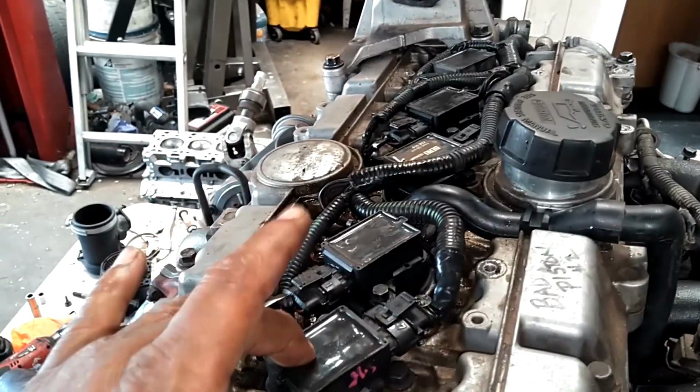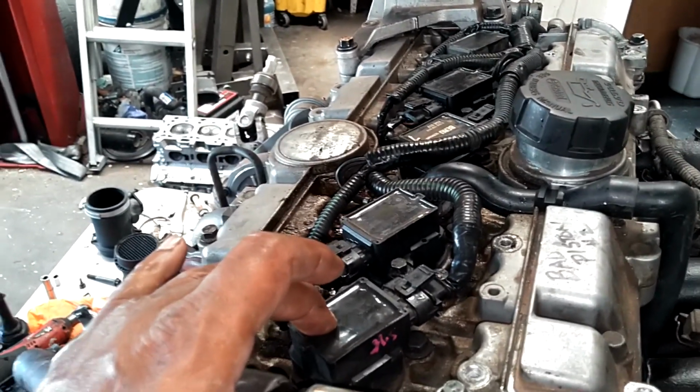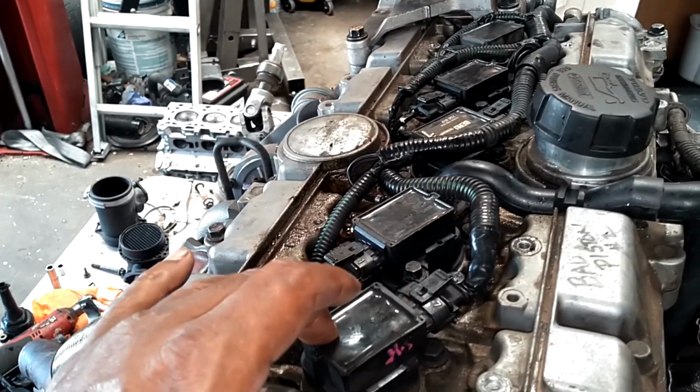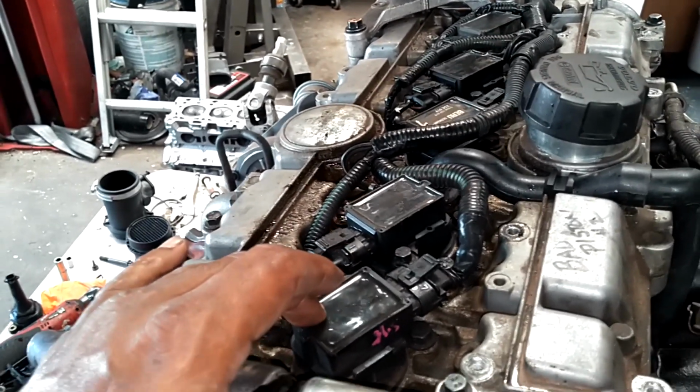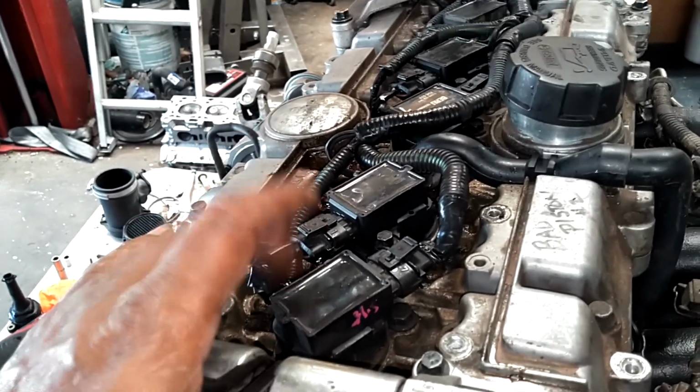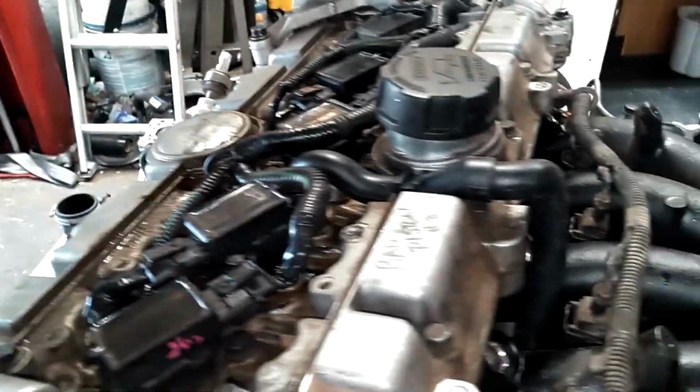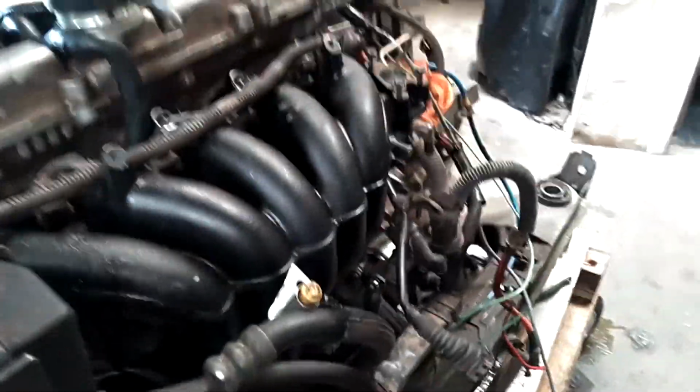Coil packs installed, wire harness in place, secured down. Now somebody told me that the older coil packs before 2004 were shorter than the new coil packs after that. But when I set them upside down, the old ones actually looked about a 1/2 inch longer. So anyway, they're down. I'm gonna come around here and secure this